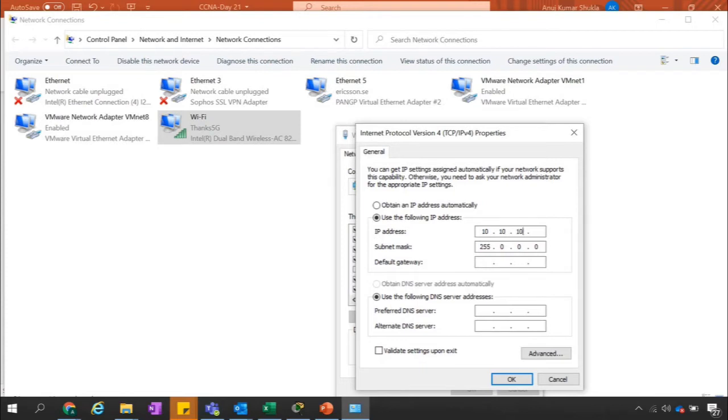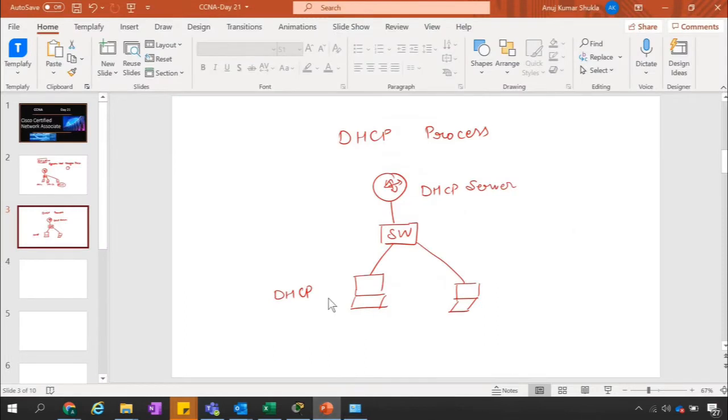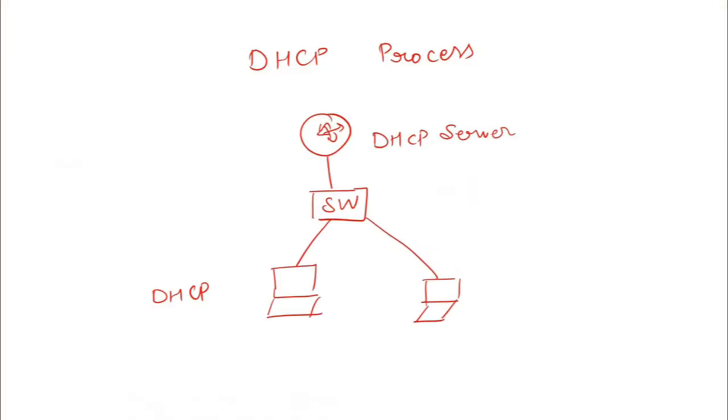So like that we assign the IP address statically, but that is not practical whenever you are connected to the internet, unless you are a very good administrator and you know what IP address it is, or next time your provider may change the IP address. So it is very good to use the option obtain an IP address automatically. Now, as you select that option, what does this computer have to do?